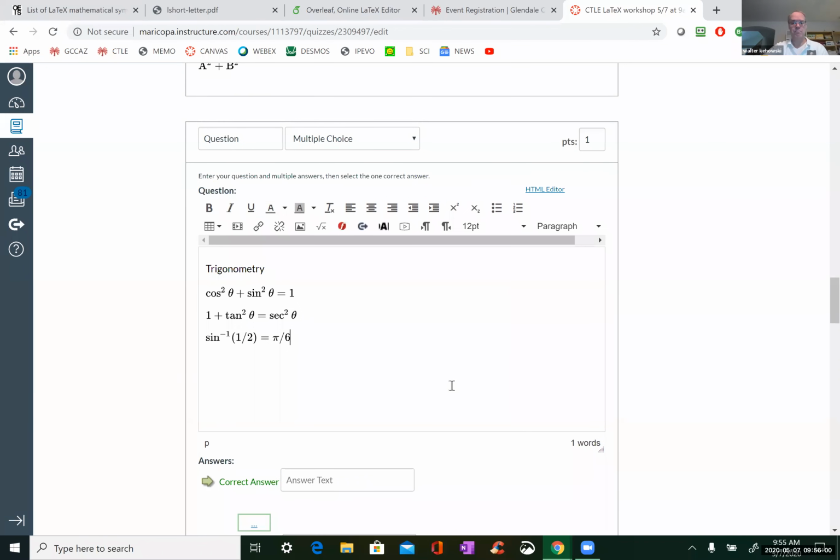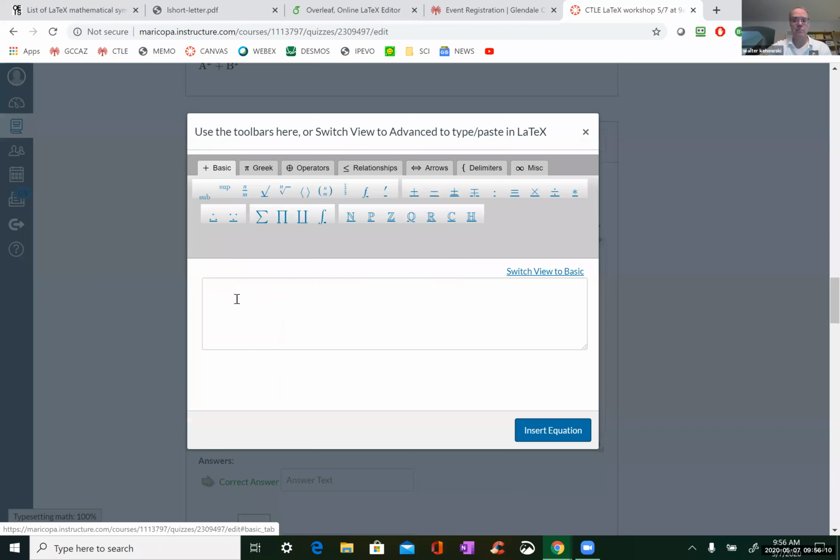Like that. And of course, now you can also do arcsine if you like.